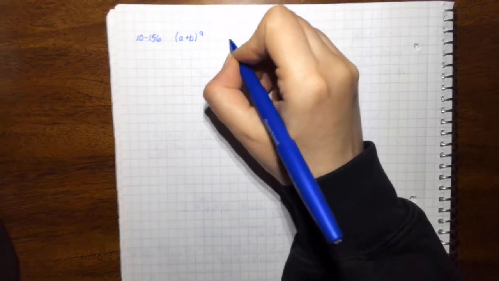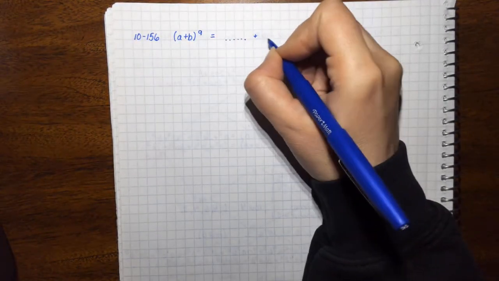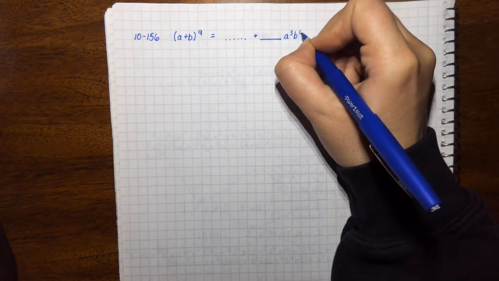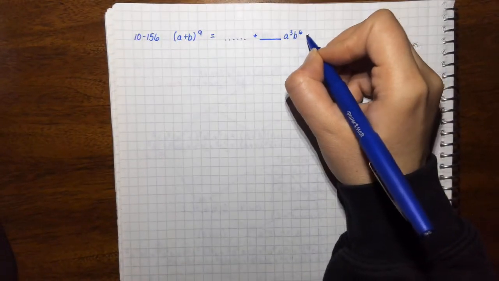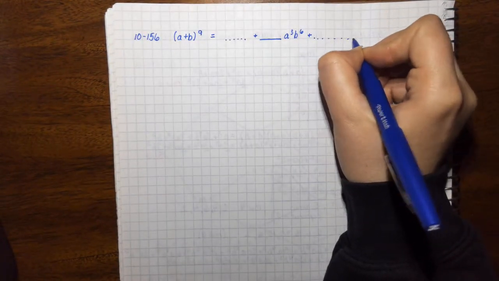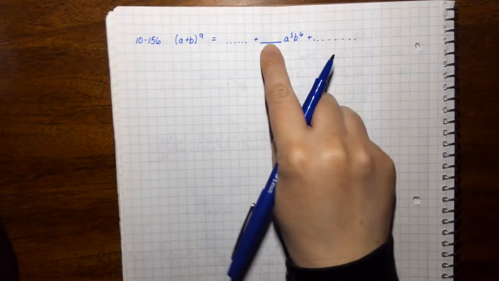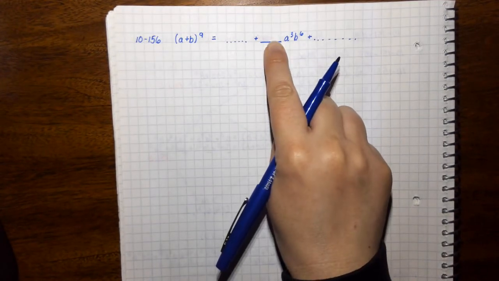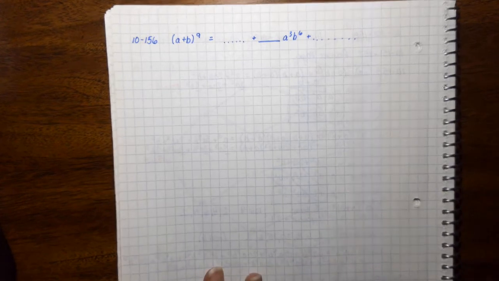Okay. So we have a bunch of things, plus we have this term here, which is going to have an a cubed b to the 6th on it, plus, and then we have some more things here. Okay, notice we don't need to do the whole problem. All we're trying to figure out is which one of the combinations would go here and what that would be in the end. Okay, so notice